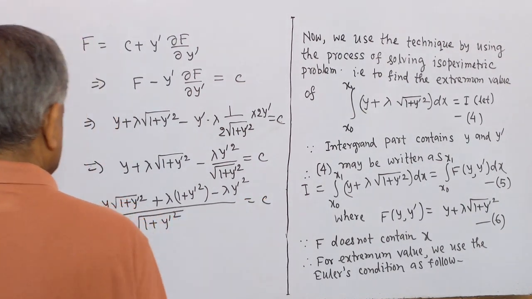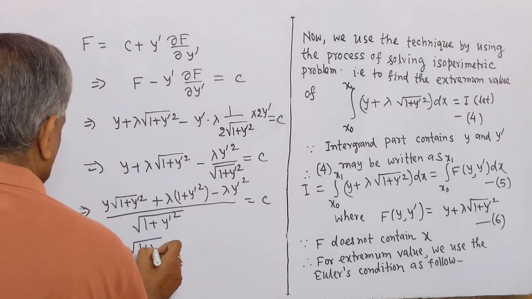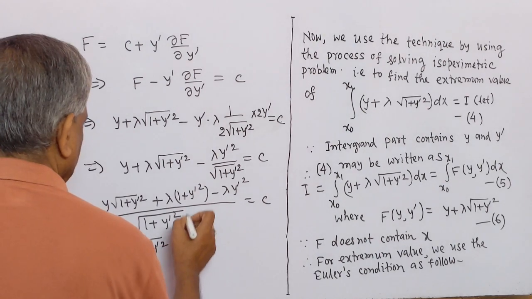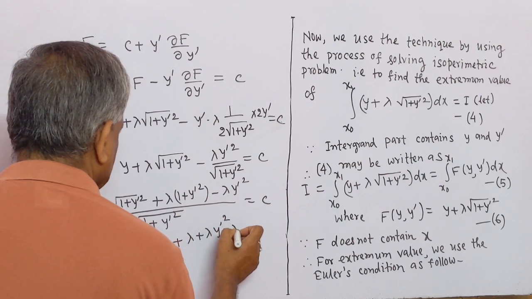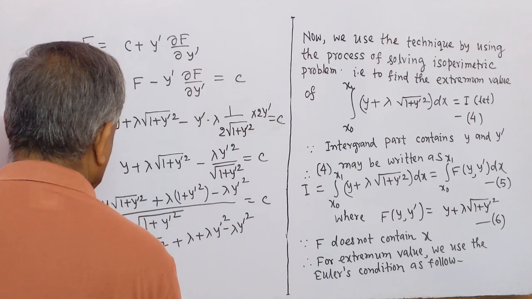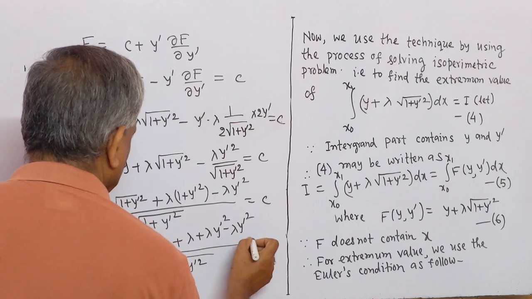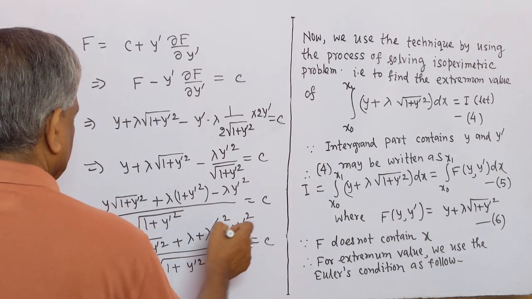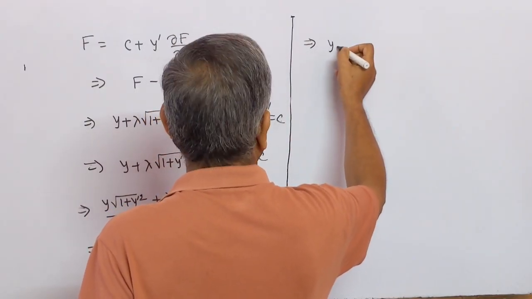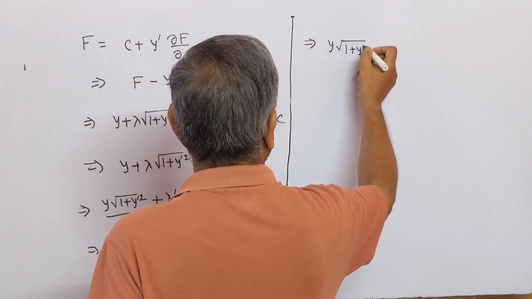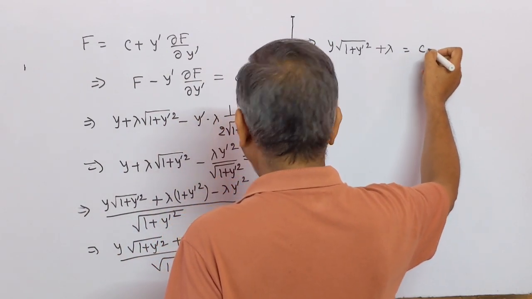This equal to c implies that y square root 1 plus y prime square plus lambda y prime square minus lambda y prime square by square root 1 plus y prime square equal to c. Here this quantity and this quantity cancel, implies that y multiplied by square root 1 plus y prime square plus lambda equal to c square root 1 plus y prime square